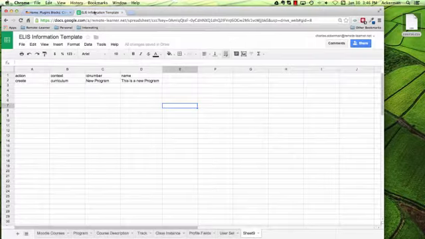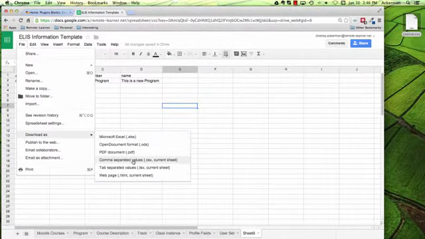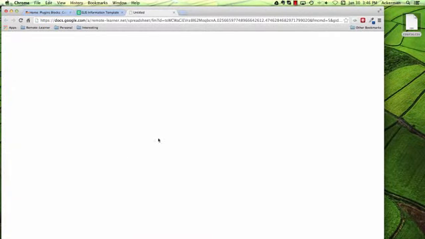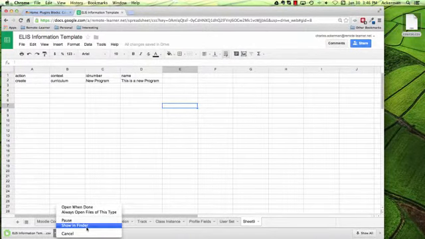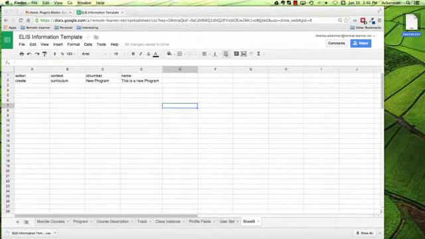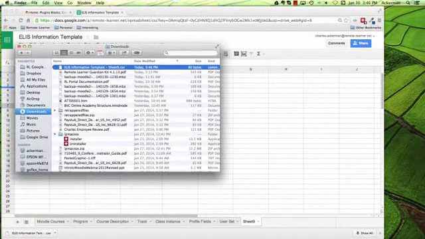So what I've done over here first, as I said, is I'd want to go down and download this as a CSV file. So it's downloaded. And the trick is you want to save it as a course.csv eventually, because that's how ELIS knows what to do with the file. So I have it saved here in my downloads, and I'm going to really quickly take this, put it on my desktop,